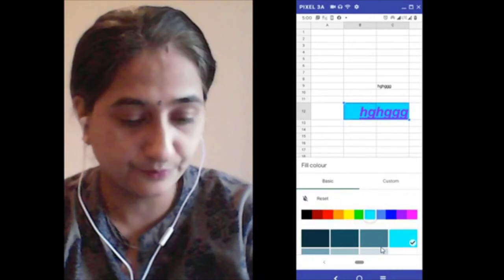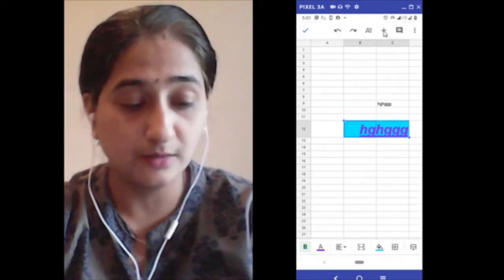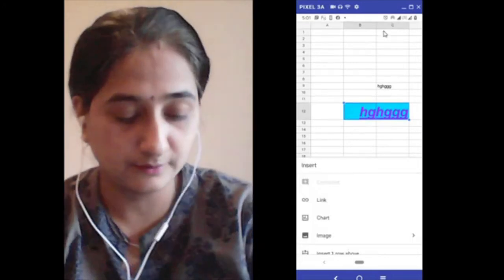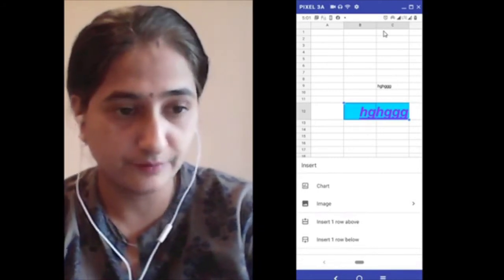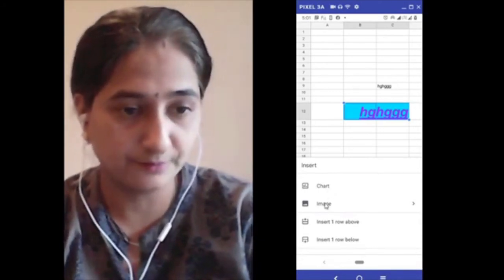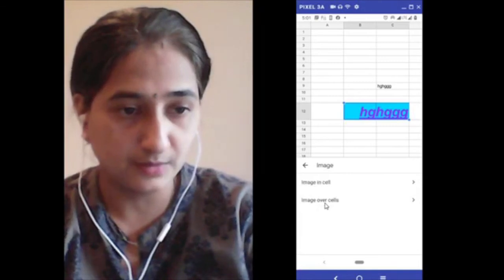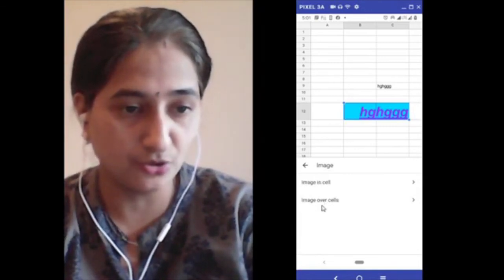Now, next you will click on the plus sign which you are going to see right on top. Is this seen? Yes. Can you see an image there? There is an image seen. So, image in cell or image over cells.